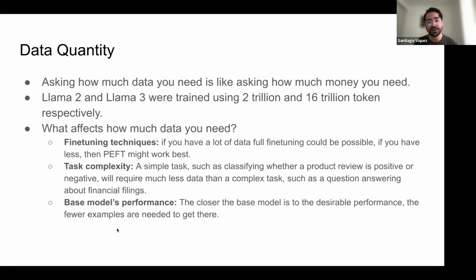If you're starting from a base model that is already good and you want to make it a little bit better, with a few high quality examples you can get it there, right? Because you are starting from a very good base. So data quantity also depends a lot on what you're actually doing.